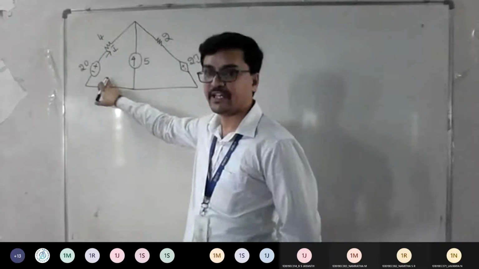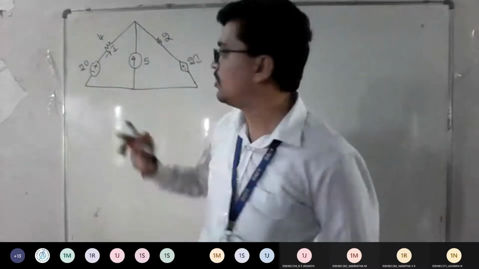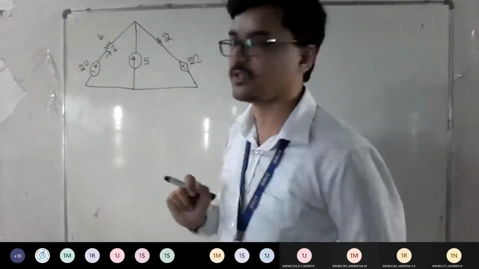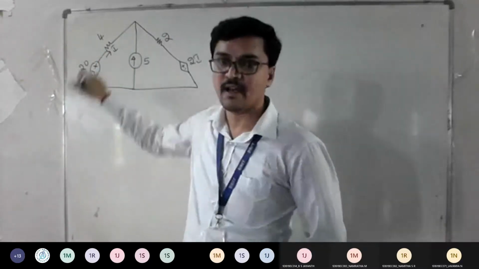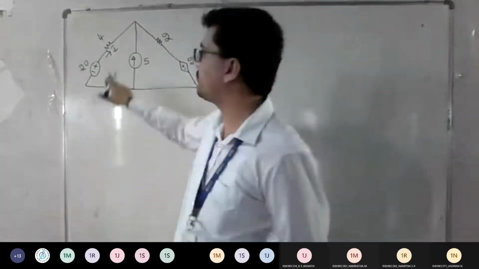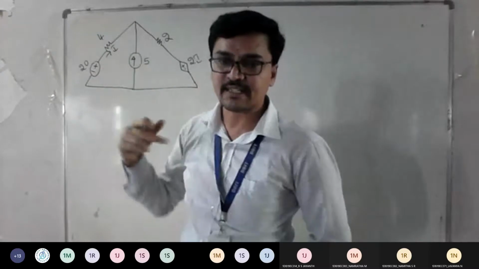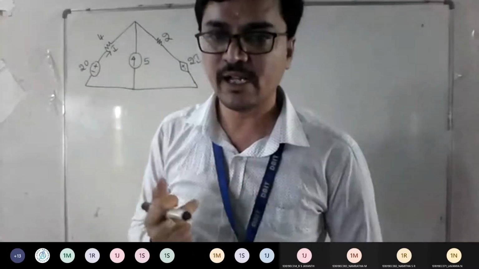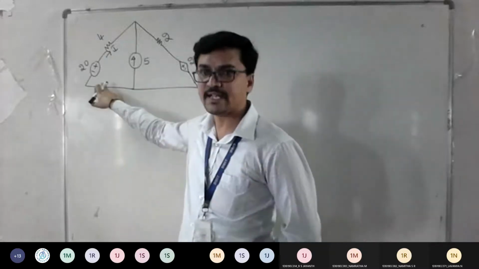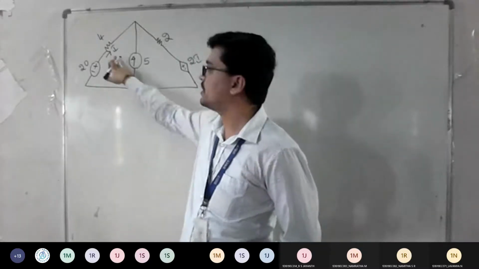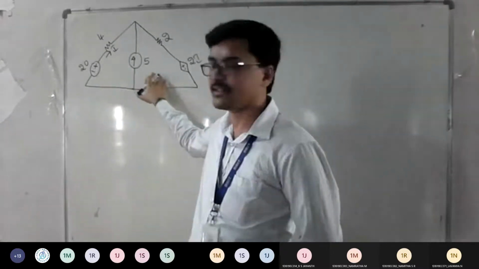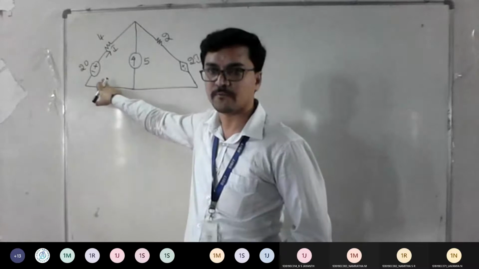Correct? So if you make this 20 volt active, what will happen to my 5 amp source? Open circuit, sir. So it means this I becomes I dash. You're just giving it a different name. See, the ultimate goal is to find the complete I. So if you take the cases, I need to add all the individual currents to get the main current. Case 1: 20 volt is active, 5 amp is open circuit, and you need to find I dash. That is case 1. Case 2: 5 amp is active and the 20 volt becomes what?